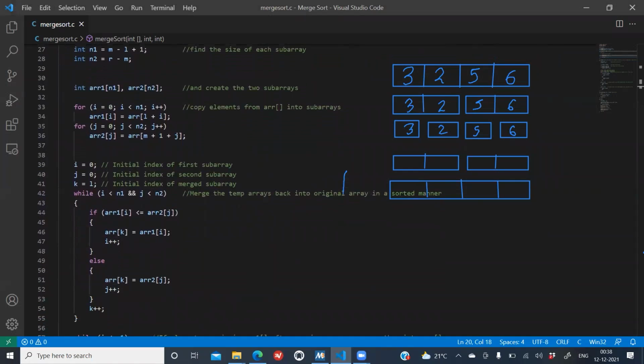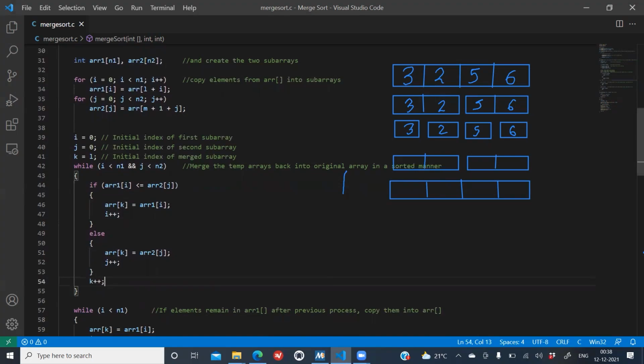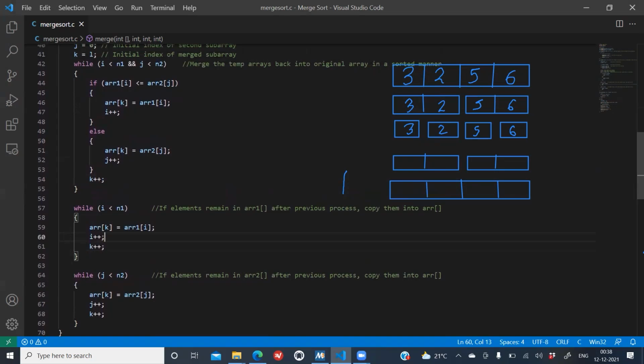Now we have three pointers I, J, K. The I pointer is for ARR1, J pointer is for ARR2, and K pointer is for the merged subarray. Now it will compare whichever element of ARR1 or ARR2, whichever is lower will get put into ARR. Then the rest of the elements, if any remain, will get copied into ARR. This is how the merge function will work.